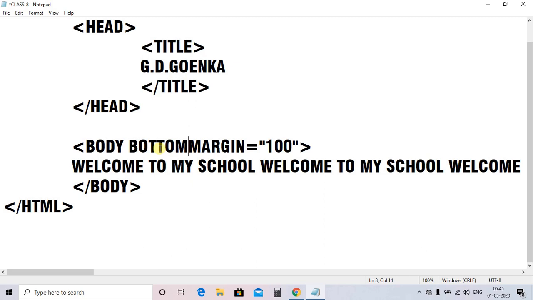Okay, now one thing is there, that suppose you want a margin from top as well as left side. You want a margin from the top side also and left side also. So how you will write the multiple attributes, because we have to use two individual attributes, one is the top margin, another is left margin. So how you can use multiple attributes with the tag? To use multiple attributes, suppose we want that the background color should be there, top margin should be there, and left margin should be there.